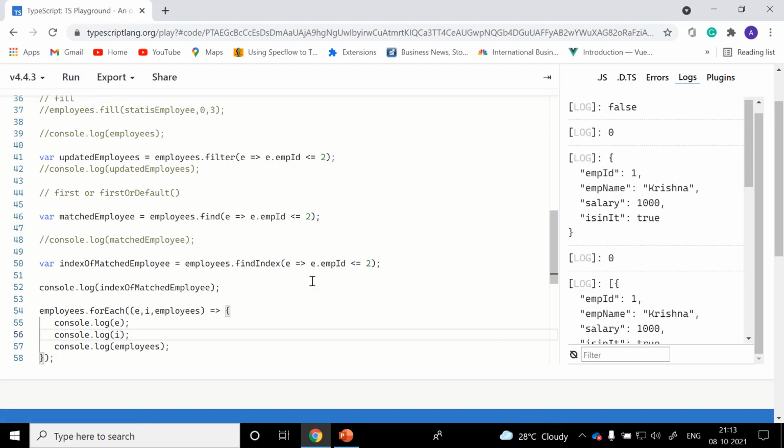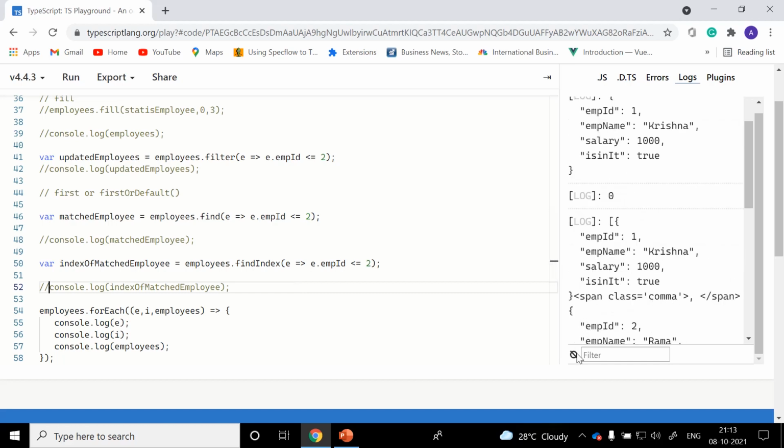Here we can see each one. Let me just comment this console.log index of employee.